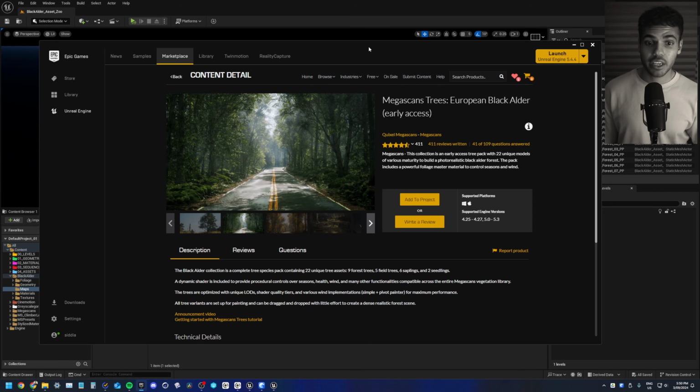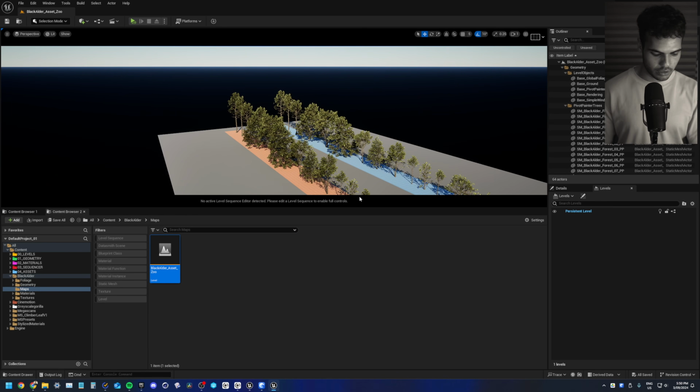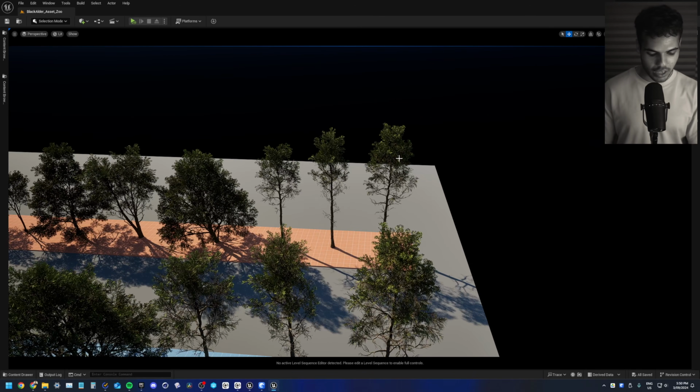Okay, so for the trees, if you go to the Epic Games Marketplace and find the Megascans Trees European Black Alder, just add that to a project. You need to add it to a 5.3 project because for some reason they have not updated it to 5.4, even though it works fine. Once you've done that, you will have this asset zoo level. I'll full screen it, and I use the Pivot Painter ones